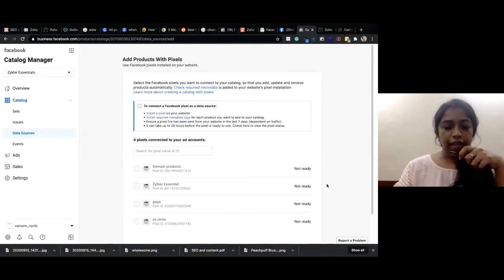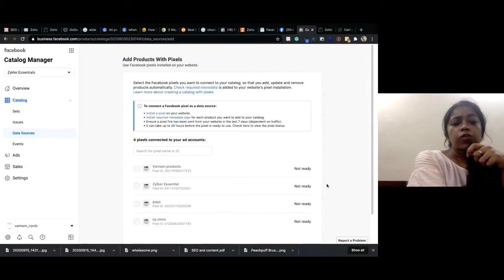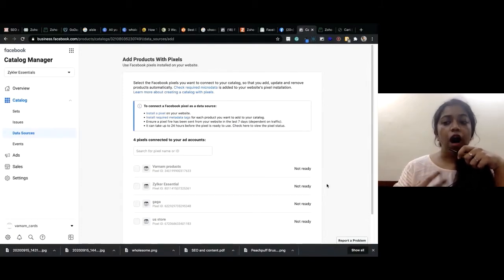When I set it up, your pixel will not be immediately ready. It would take at least 24 hours for your pixel to get connected. For Facebook to make everything ready for you, it takes one whole day. That is why right now it's not ready. As you can see, Zilker Essential, after one day, you would see this status change to ready.